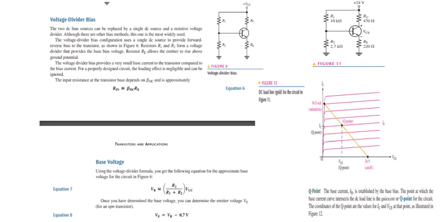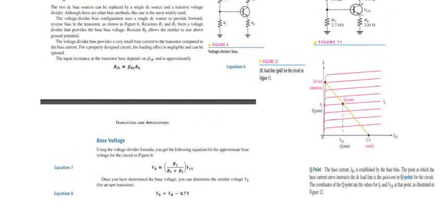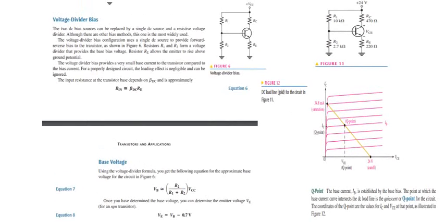Now we can see what the base voltage is. You will observe one thing, the current flowing into the base is very small. That means R1 and R2 are nearly in series. So if the total voltage is VCC, what is the voltage across the base? By applying the voltage divider rule, I can write total voltage VCC into corresponding resistance R2 divided by R1 plus R2. That is your base voltage.